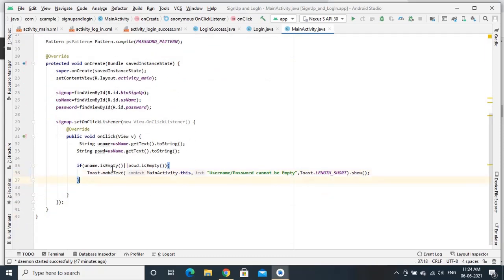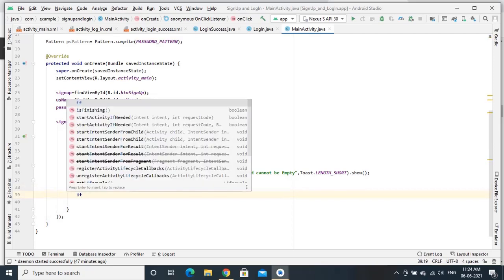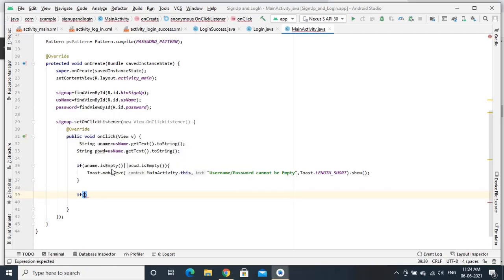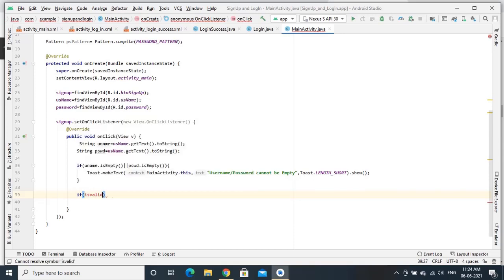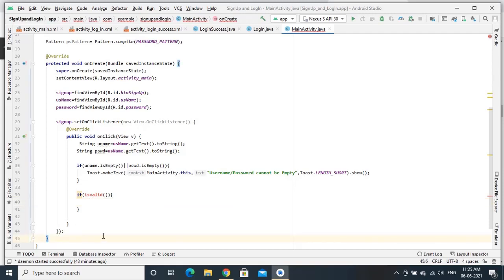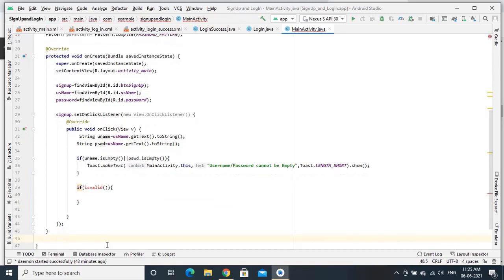If this is not the case, I need to also check for validity. So for that I will be defining my own function, user defined function is valid. Later I will define it. So I will define it and later we can include the functionality.